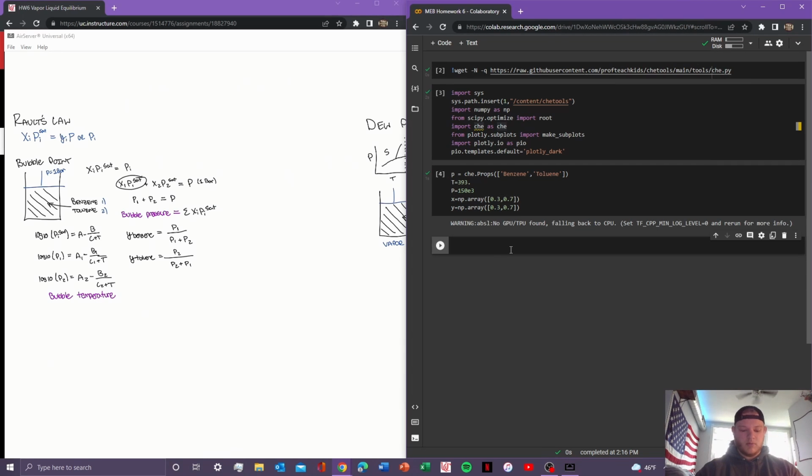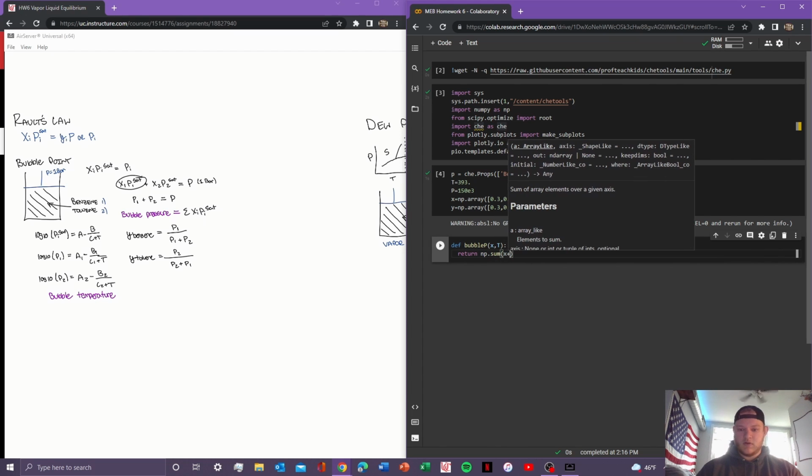So let's start with the bubble pressure. Let's define it. Bubble P. That is in terms of the mole fraction of the liquid and temperature. We're going to return, as we can see from earlier, the bubble pressure is equal to the sum of the mole fraction times the saturated vapor pressure. So we want P, sum of X times